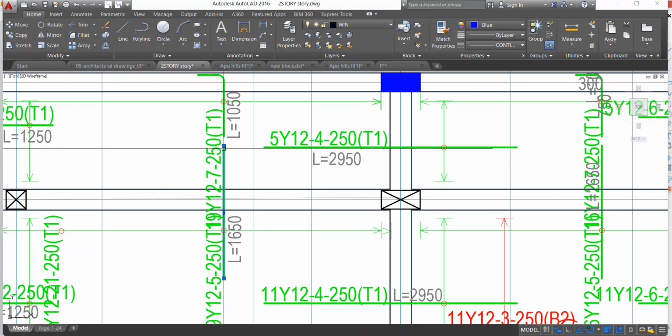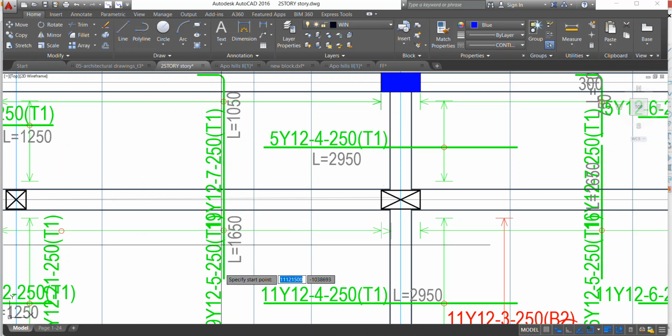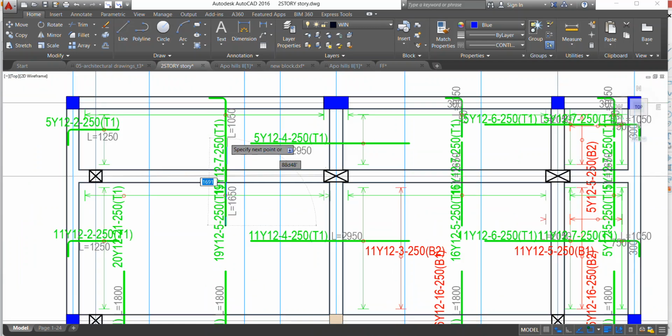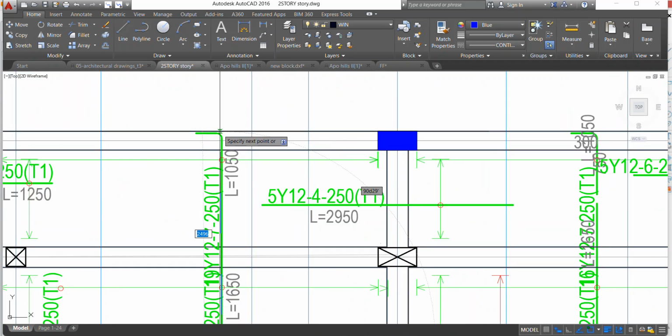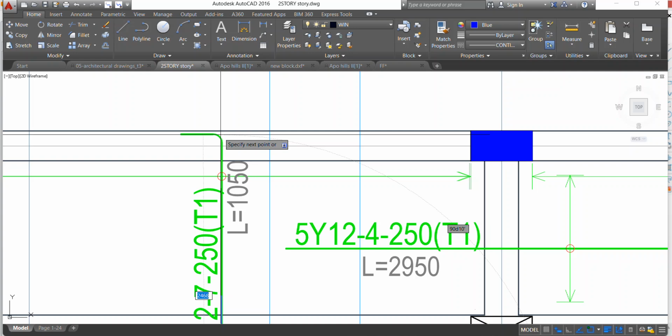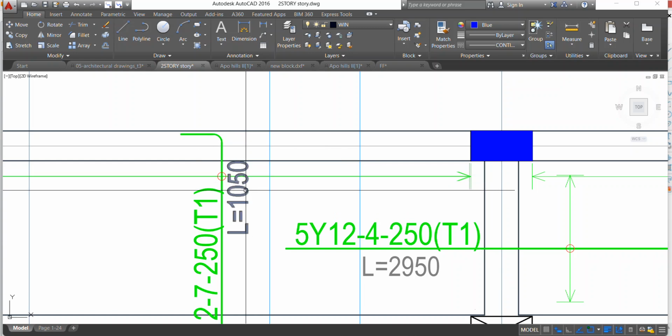Like this here, if you like, you can join. That is detailer's choice. And join that. Measure the whole length and write. This is 2450 plus 300, 37,